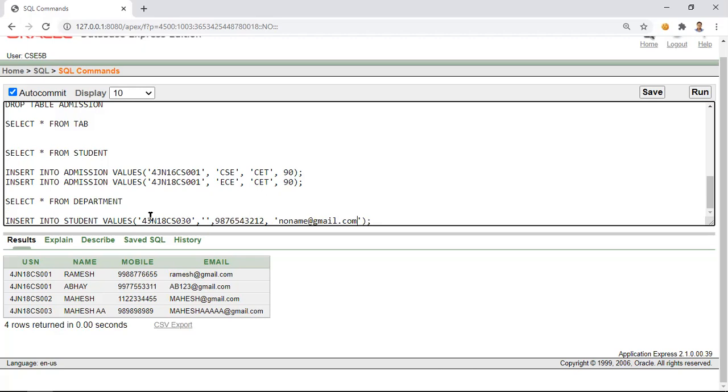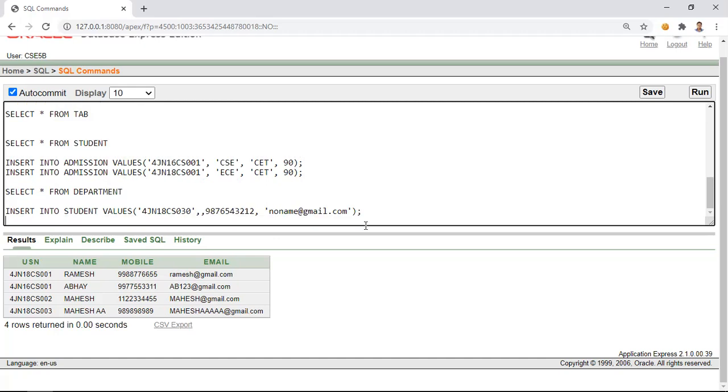So I have specified this thing. But is this allowed is the next question. So here it is blank. Or what if I don't specify that attribute itself? So instead I have just put a comma over here.